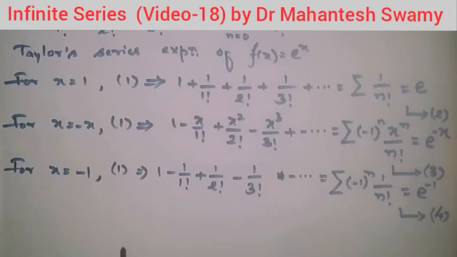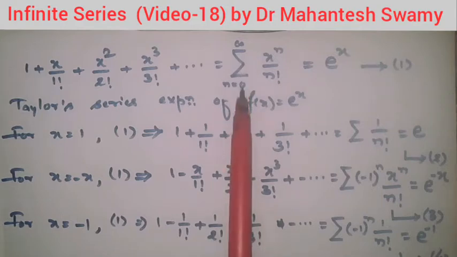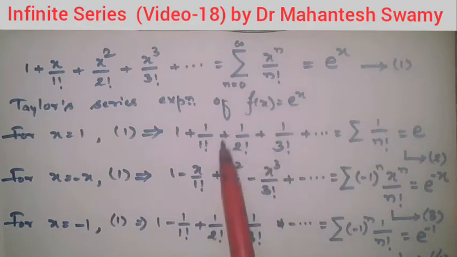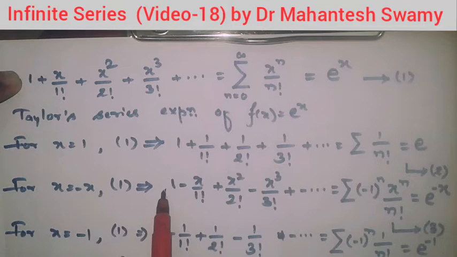Now we shall do something between series number 1 and series number 3. We shall consider series number 1 plus series number 3. We shall add these two series and see what happens. When we consider the addition of series 1 and series 3, it implies on the LHS we observe 1 plus 1, which is 2. So let us write this 2 outside here.